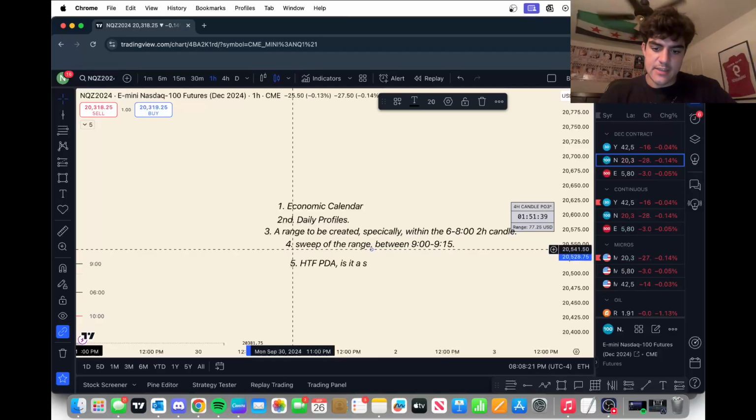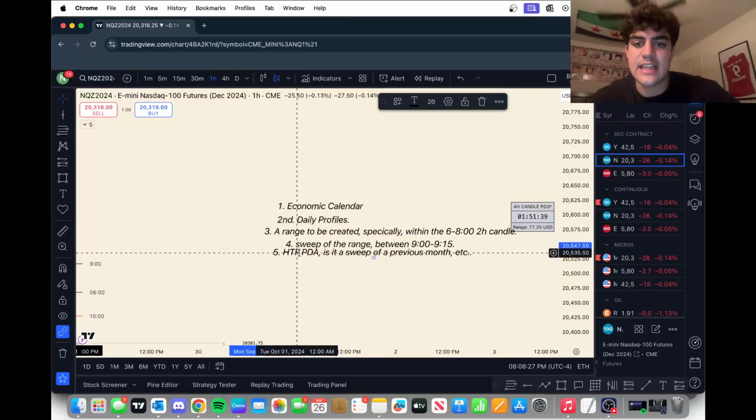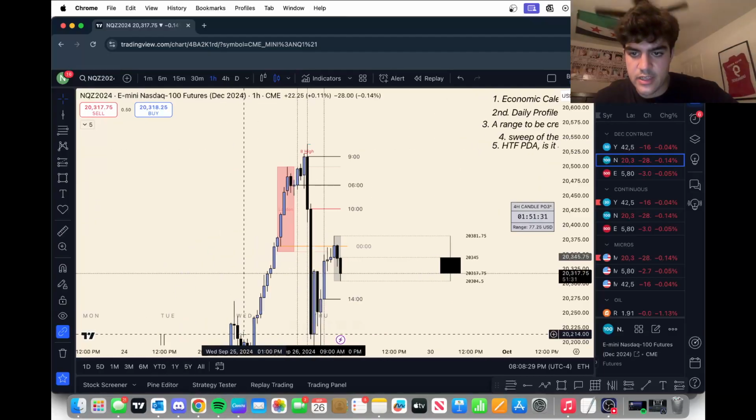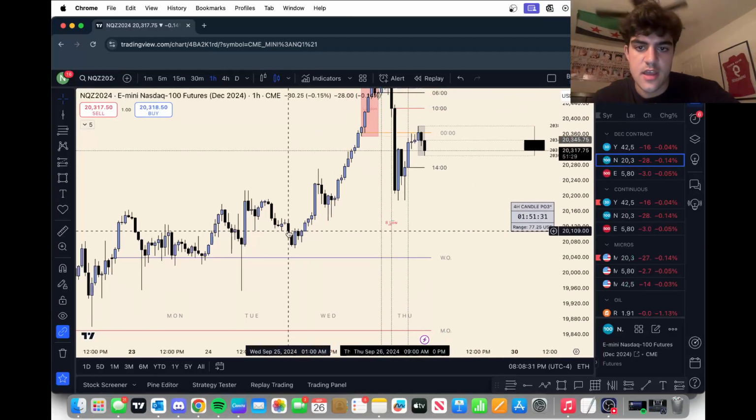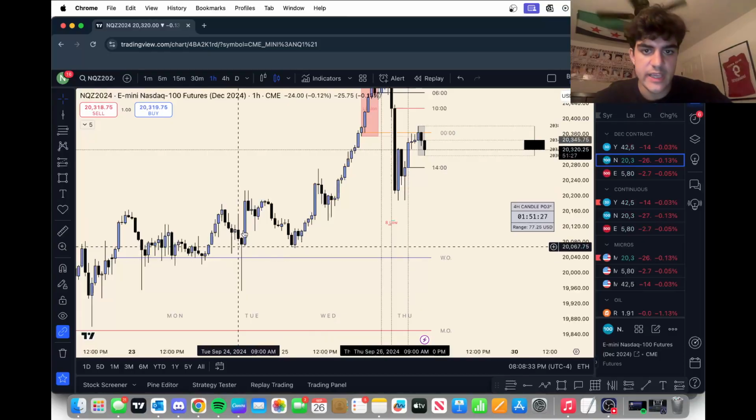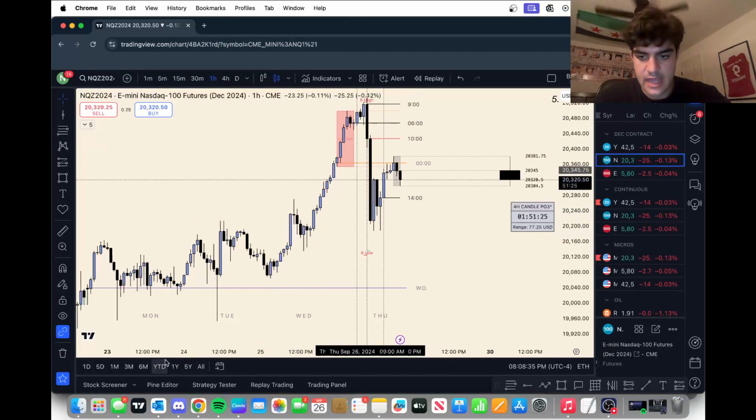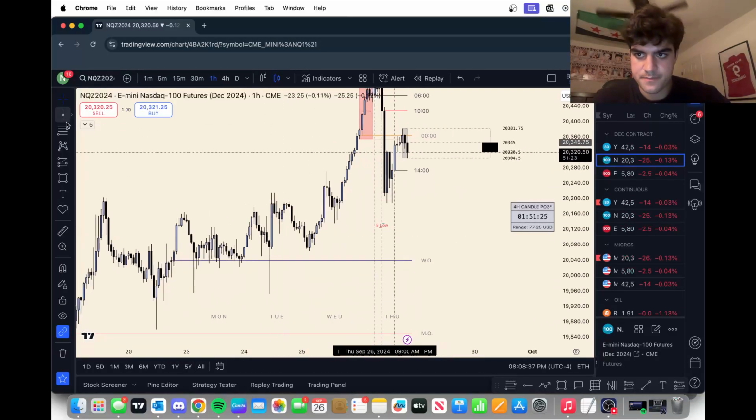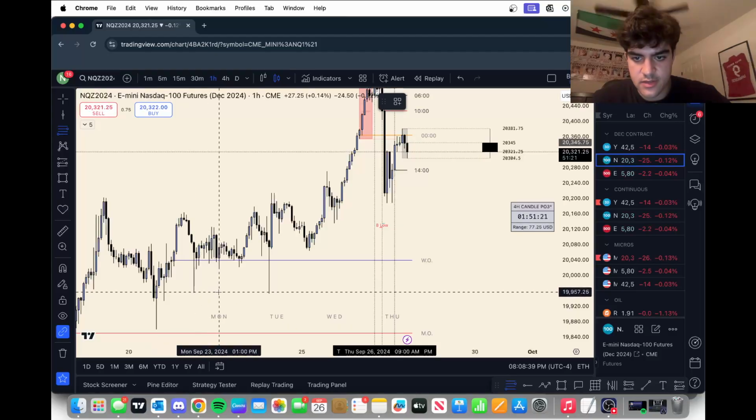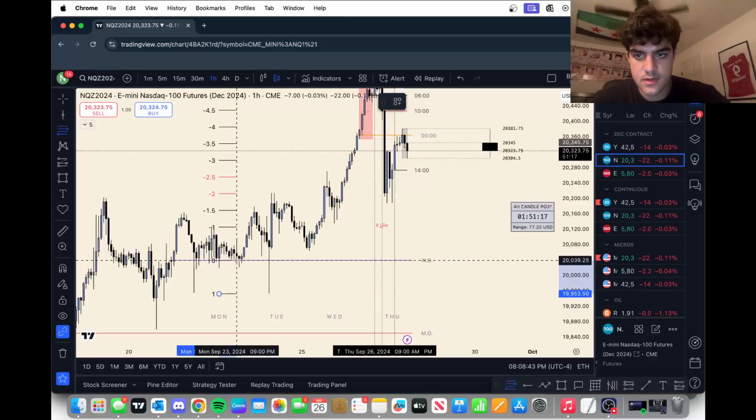Is it a sweep of a previous month, etc.? Is it a likely time for us to reverse? Have we generated liquidity all throughout the week, and at some point we will have an area where we will reverse? And the best way to note this, to find when we will in the weekly PO3, here's some sauce,